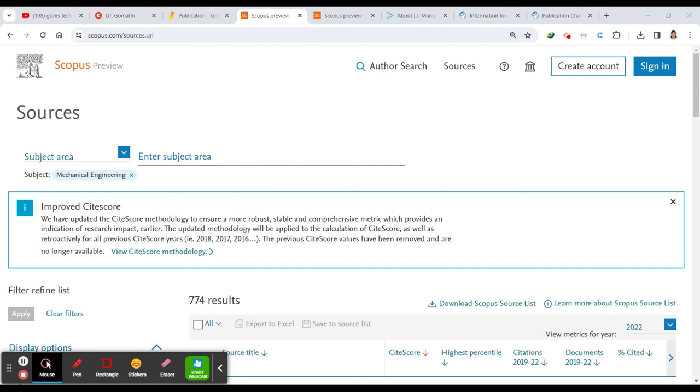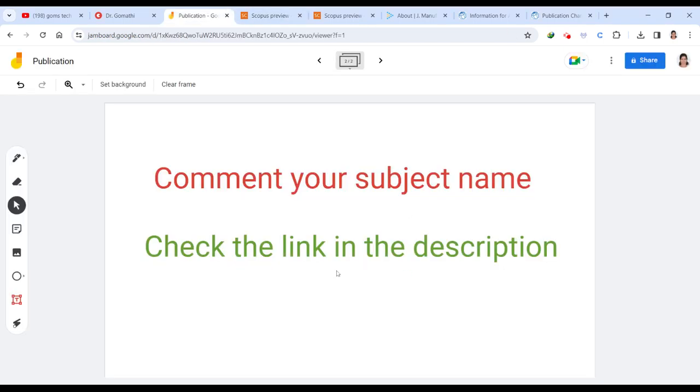We are going to discuss the journal on mechanical engineering, computer science as well. So you can comment your subject name. Please specify the subject name clearly. Don't specify the subdomain. You have to specify the subject name like civil engineering, mechanical engineering, computer science, like